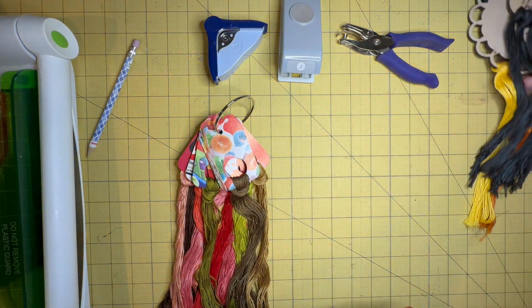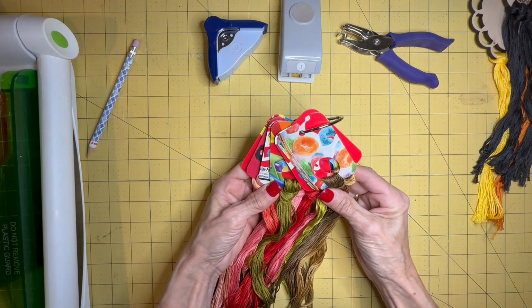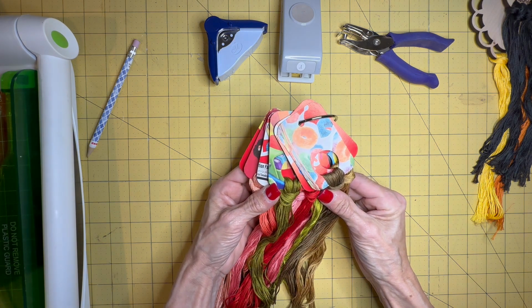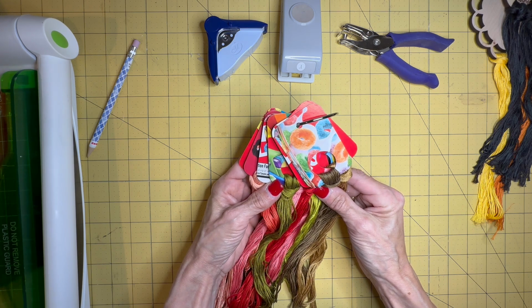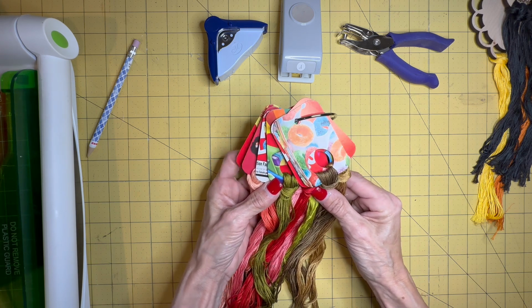I also have a temporary fun thing that I cut out, and a number of you had asked me about this, so I thought I'd share with you the dimensions and how these were cut. These drops are out of cereal boxes or just any reclaimed cardboard that you have. Granola boxes, some have shared that they've used Kleenex boxes, anything, but I was just punching these out because I